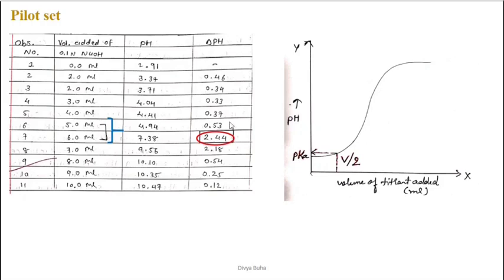So over here you can see that the maximum value is 2.44. If you observe these two values, 4.94 and 7.38, there is a major difference in the pH values, and that difference is very high. So you have obtained your jump at 6 ml. Okay, and you have to take the micro readings between 5 to 6 ml, because the maximum difference in the pH is observed between 5 to 6 ml. So you can say that the equivalence point has been achieved between 5 to 6.